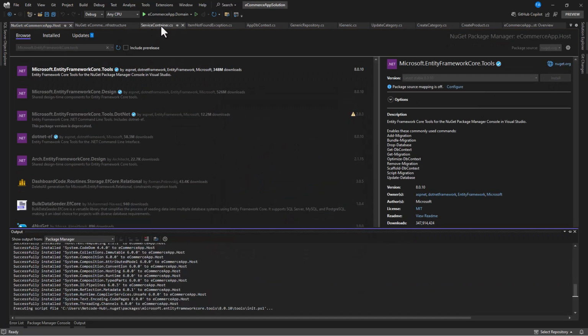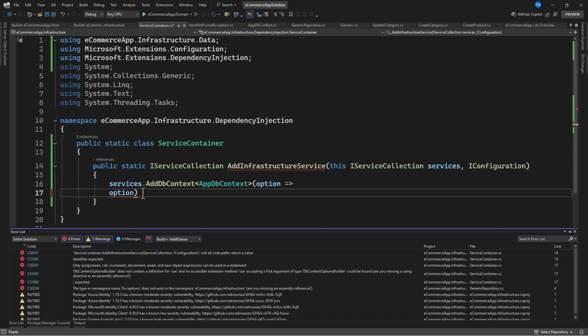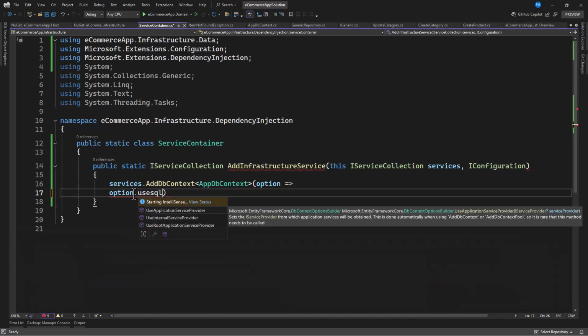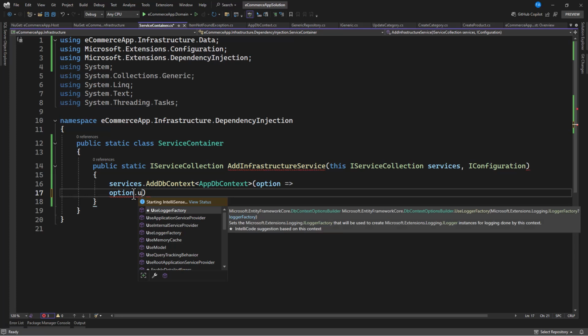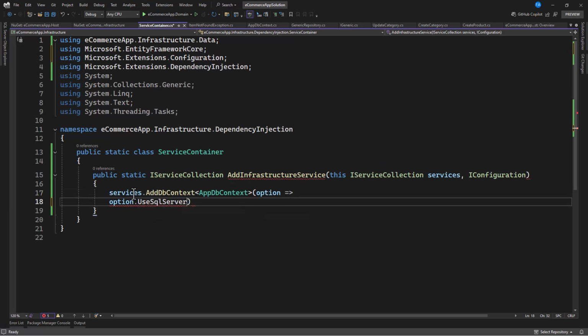Okay, great. Now let's go back to our service container, and now we must have use SQL server. So dot use SQL server,